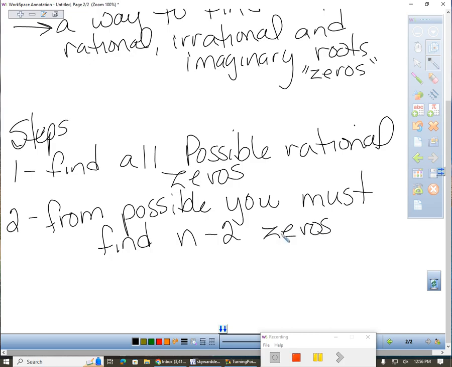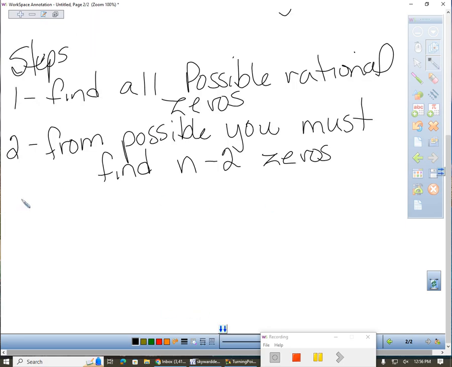So out of your big list, before we can continue to the next step, you've got to find whatever your largest exponent is, minus 2, that many zeros. So if your largest exponent is 5, you've got to find 3. If your largest exponent is 3, you only have to find 1 to start. Okay? Once you find those actual zeros,